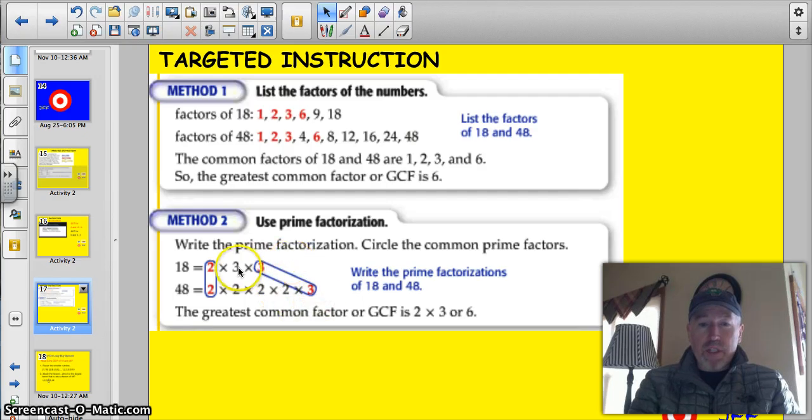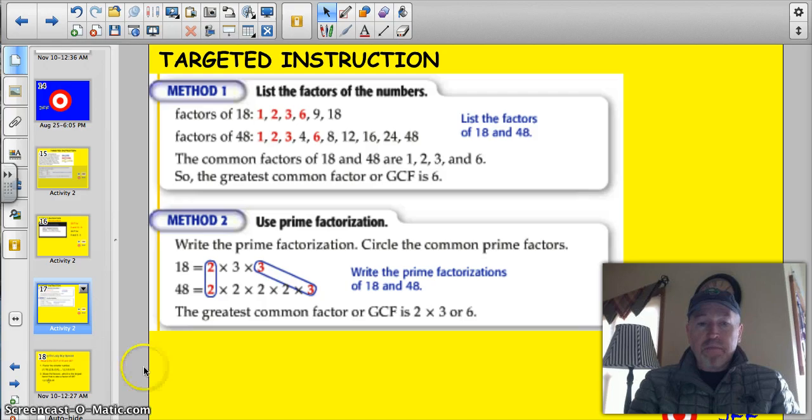So now, notice how this has 2 threes, but this only has 1, so I can't circle that. This has many twos, this one only has 1. So you just circle the ones that are shared. If there's 2 twos, you could circle 2 twos. In this case, there's only 1. So then you take those shared prime factors, and you multiply them together, 2 times 3,